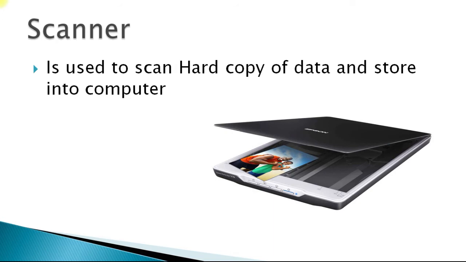There is one more input device called the scanner. Whatever printed certificates, printed images, or hard copy of data you have, when you want to store it, share it, or send it to someone else, you need to scan them. Then you need a scanner. Today we use a mobile camera, but the original standard scanning device is called a flatbed scanner. If we scan the document, we can store it in the machine.